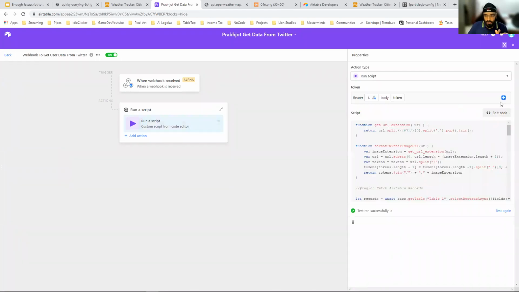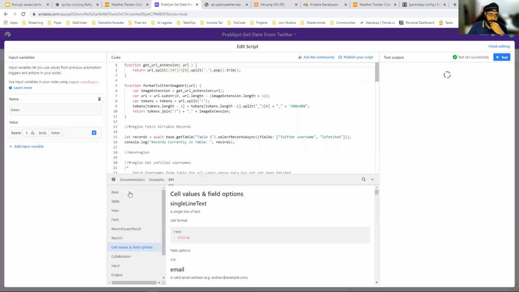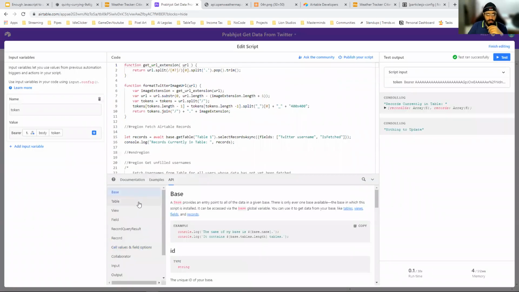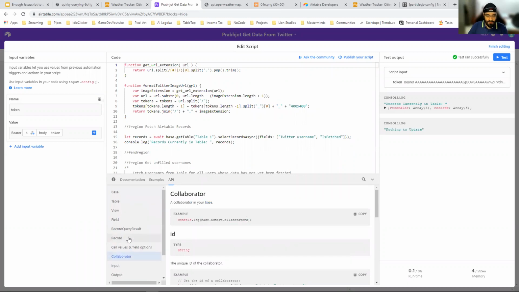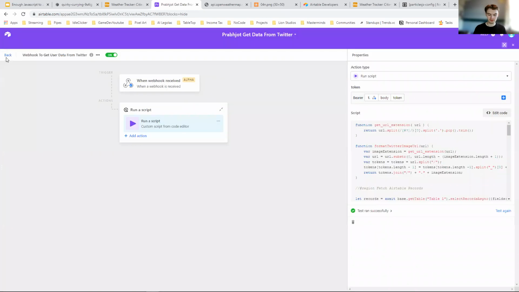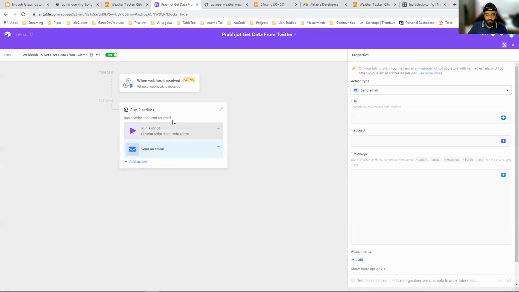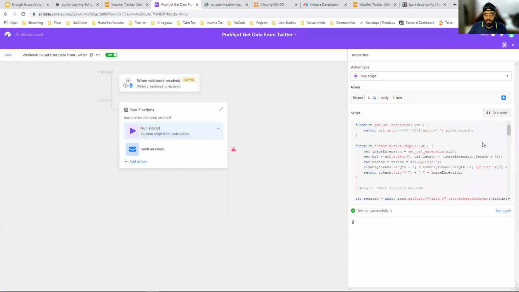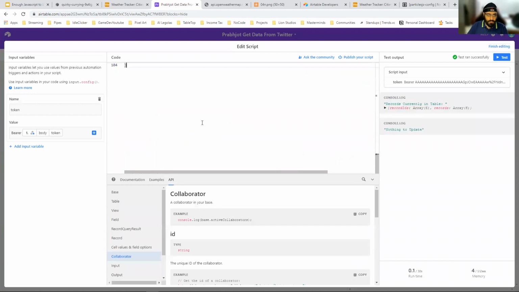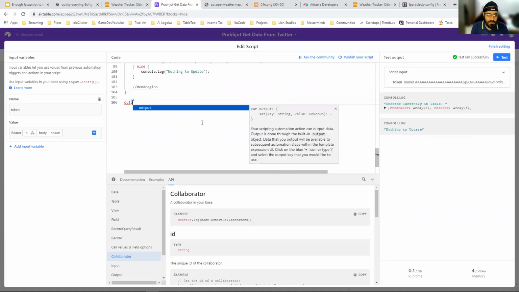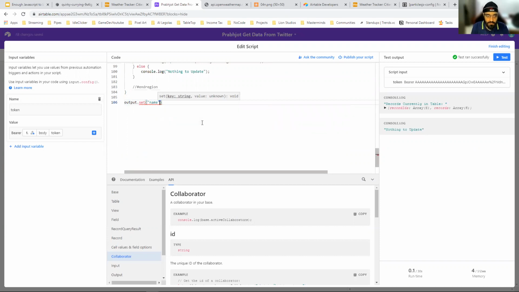there's obviously a lot more to cover, but one of the best things about Airtable is their documentation is all here. You can go and read about each of those functions, what they do, and you can chain. One cool thing about Airtable is that your scripts can set some output data, and you can access that in future automations. Let me show you a very quick example. In my run script, if I go here and do a very simple output, you have this output.set, and then you can say name, max, right? So I just set my output here.